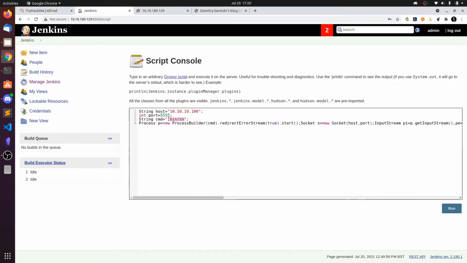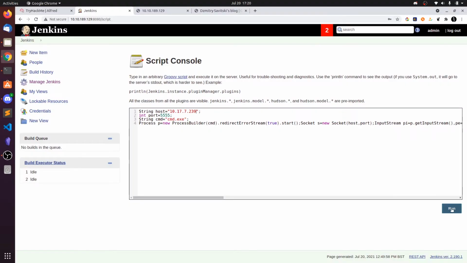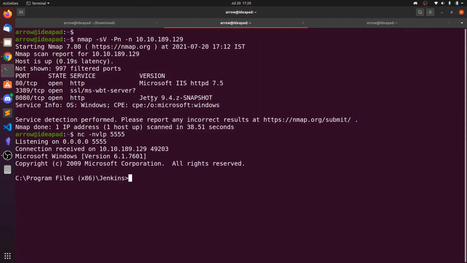You need to change it to cmd.exe because it's a Windows system, right? Change the IP address, port 5555, that should be good. Now hit the run button and you can see we got the shell.